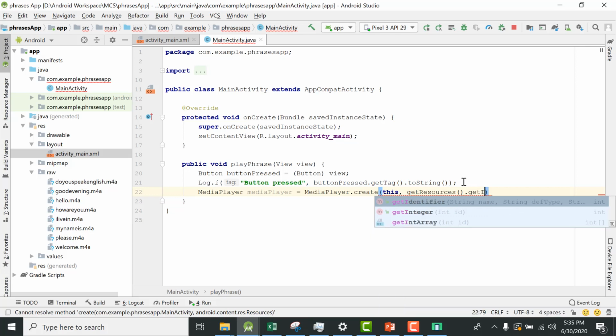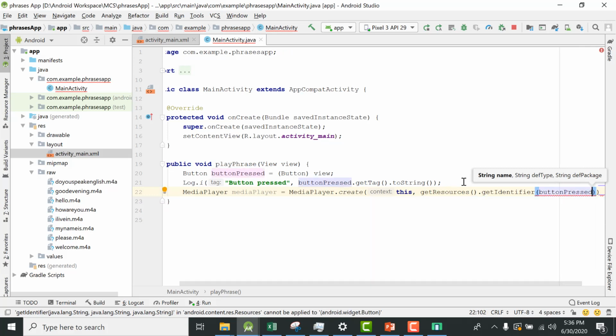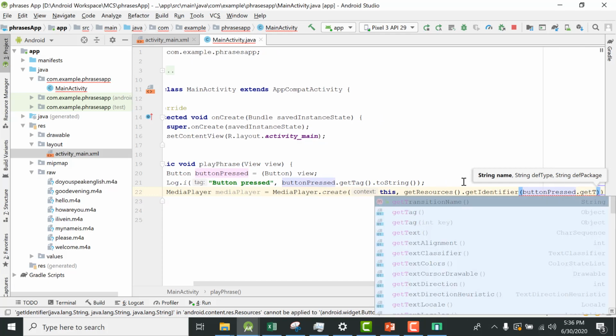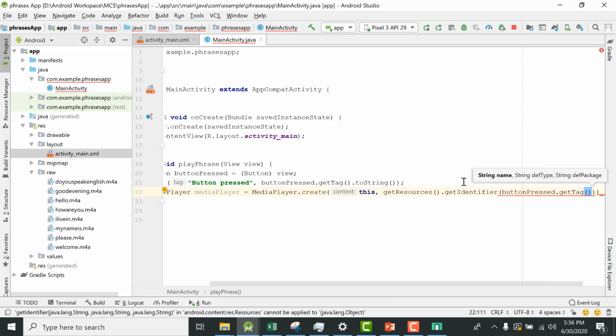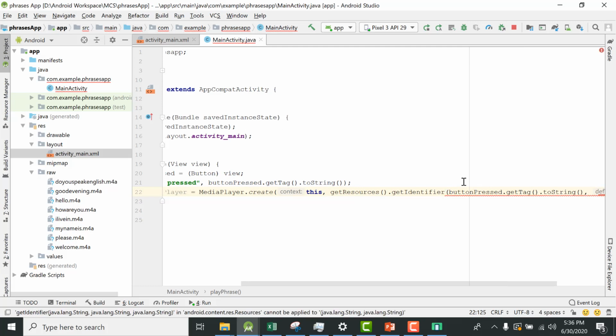So getIdentifier, and what is our identifier? Our identifier is button pressed dot get tag dot toString, and then the source of our file.